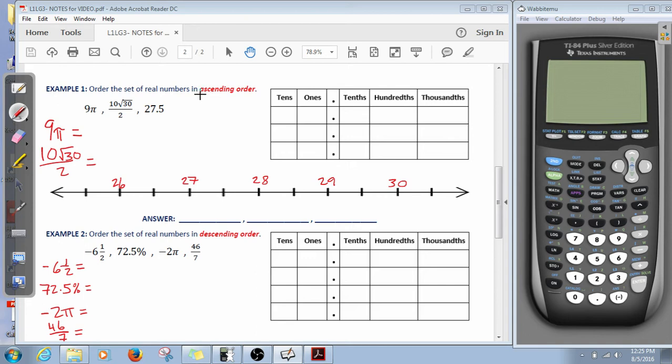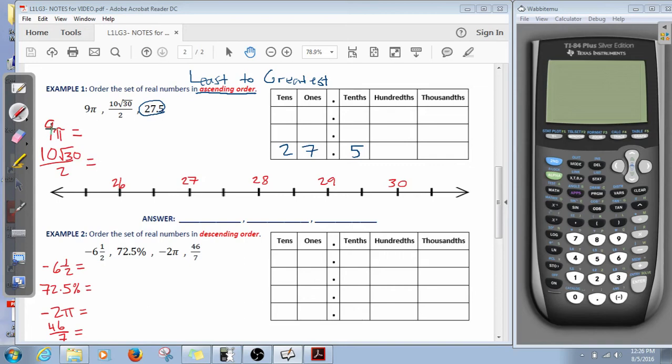First thing we've got to do is figure out what the question wants. This one wants us to order a set of real numbers in ascending order. Ascending means I'm getting bigger, so I'm going to start with the least until I get to my greatest. I'm going up, getting bigger. So I need to first put everything into decimal. This one's already a decimal, so I can go ahead and put that into my place value chart, 27 and